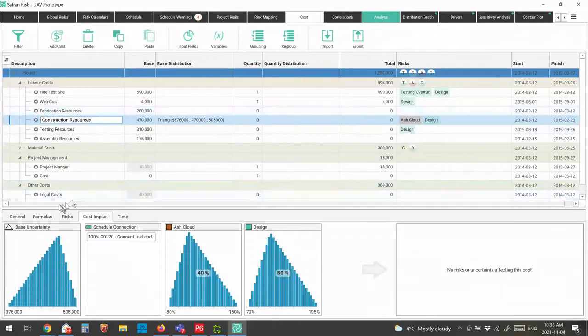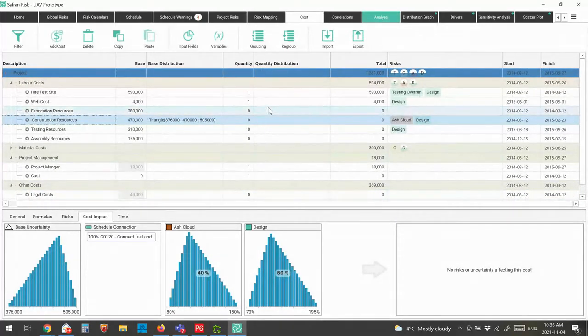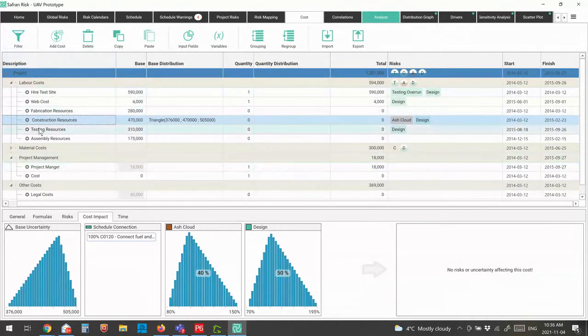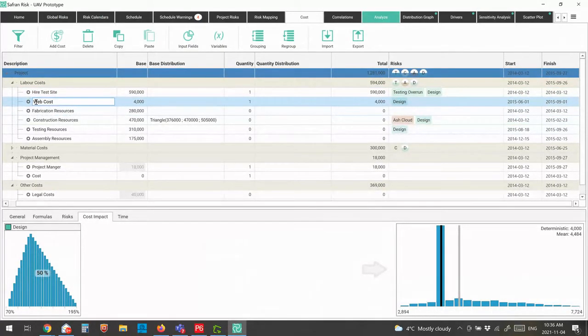Now, once I've actually built my risk model, what I can do is link this to my schedule. The idea here is that some of the items in my cost worksheet would be schedule related, and some of them would not be schedule related. So what I can do is define which cost items are schedule related and which are not, and therefore I can understand the interdependency between cost and schedule. So, for example,